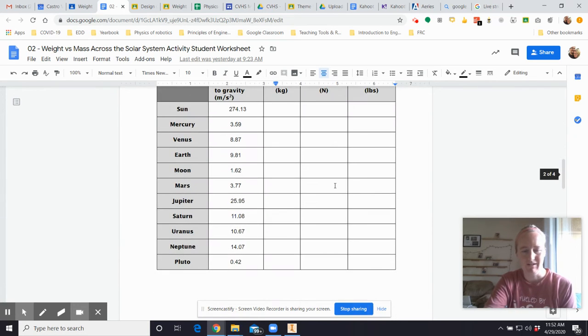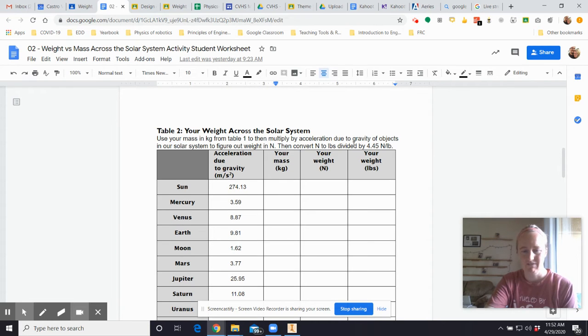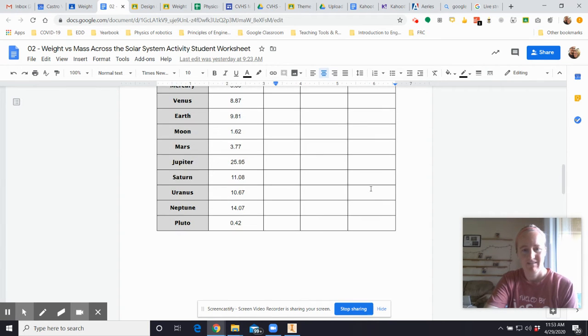So now we're going to look at the across the solar system. So we have Sun, the, how many planets? 1, 2, 3, 4, 5, 6, 7, 8, 9 planets, and then Moon. So this is the acceleration due to gravity on each of these objects. So then if we take our mass, so what do you know about mass? Your mass is the same. You take mass times acceleration due to gravity is going to get your weight in newtons. And then to convert to pounds, we can just divide by 4.45. So once you have that,